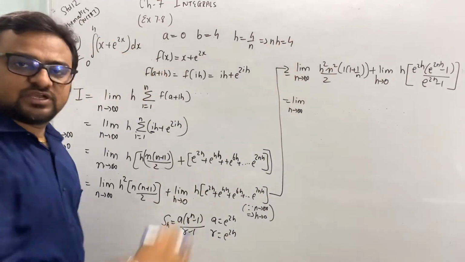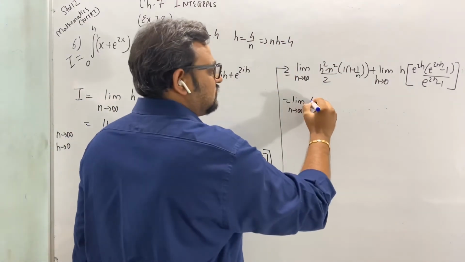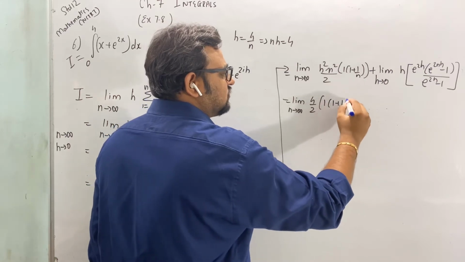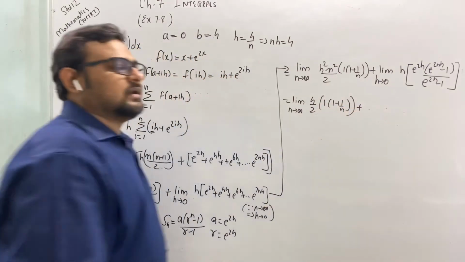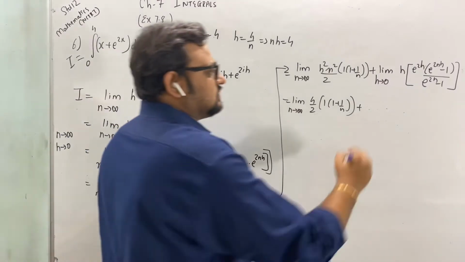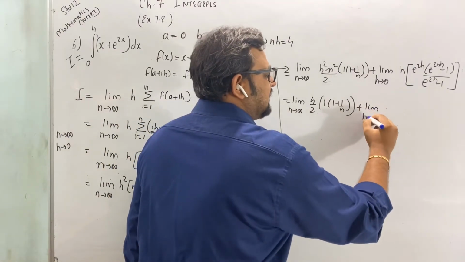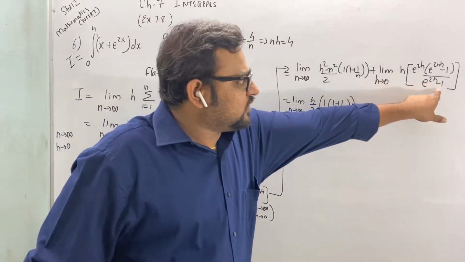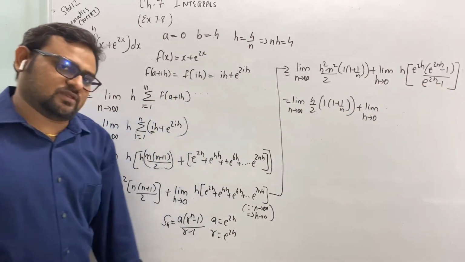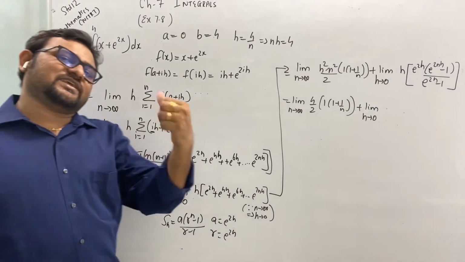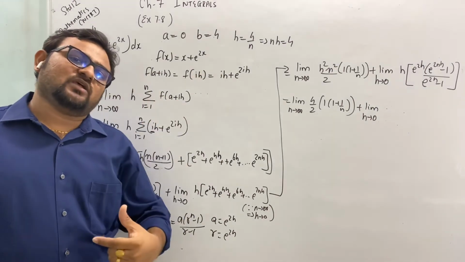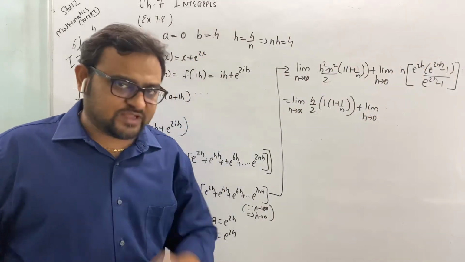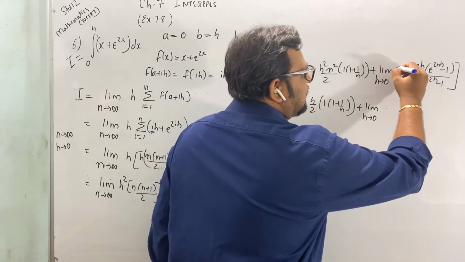what is nh? 4. 1 into 1 plus 1 by n plus limit h tends to 0. Now say it's e raised to 2h minus 1. Okay, our formula is e raised to h minus 1 upon h. But here it's 2h minus 1, so I require 2h. So what I will do? Multiply by 2,